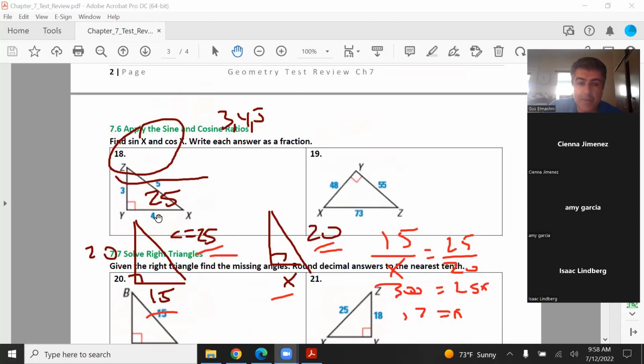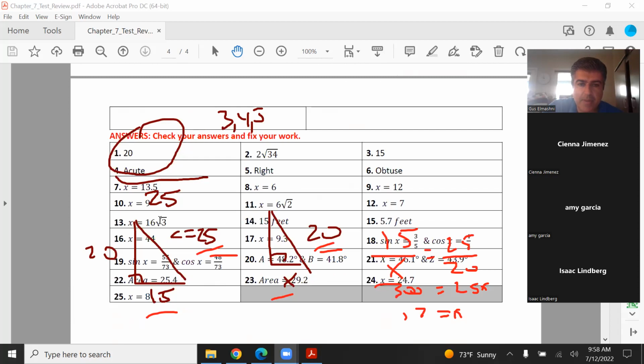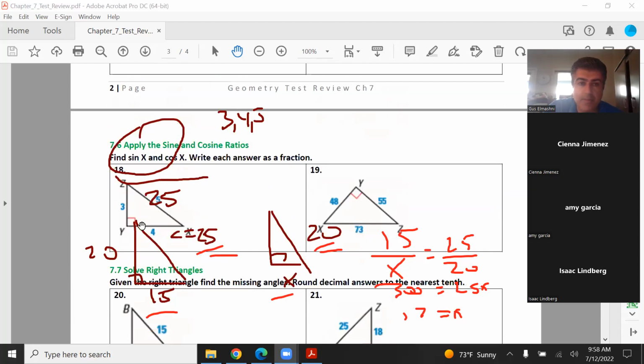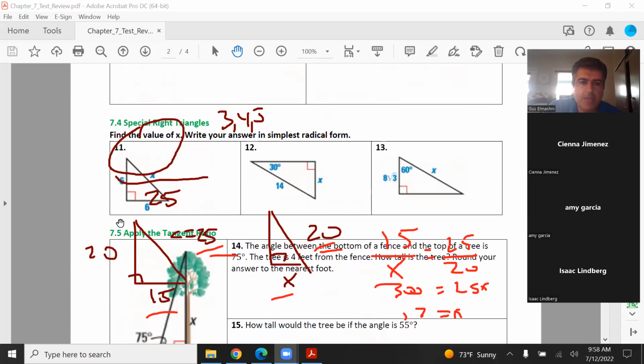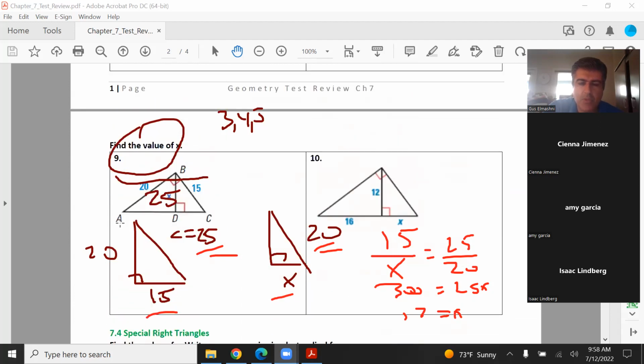I didn't realize I should use the Pythagorean theorem. Just double check the answer key, make sure I'm not wrong. Yeah, make sure I'm right, and 12. There we go. So that's what we do for those kind of problems. We try to reorient them as a problem-solving strategy, and then do proportions after